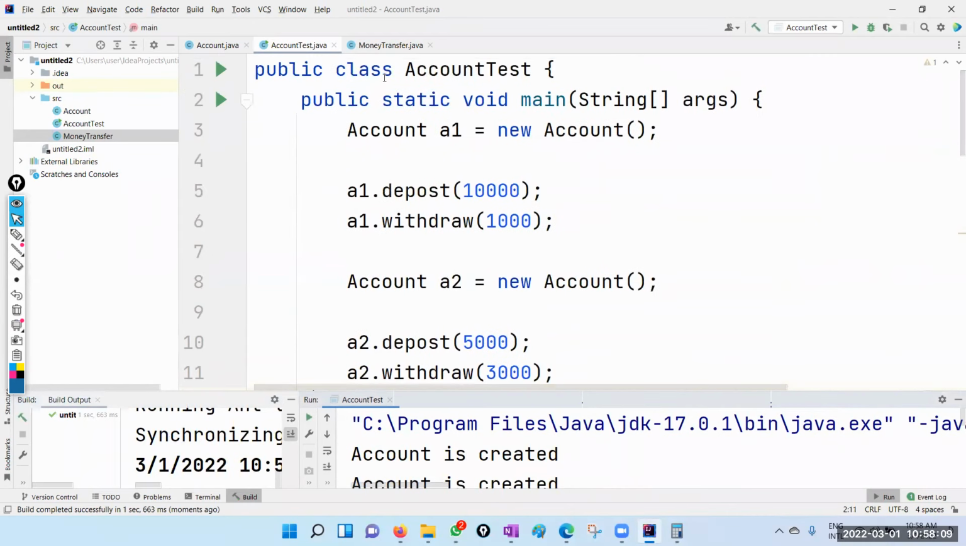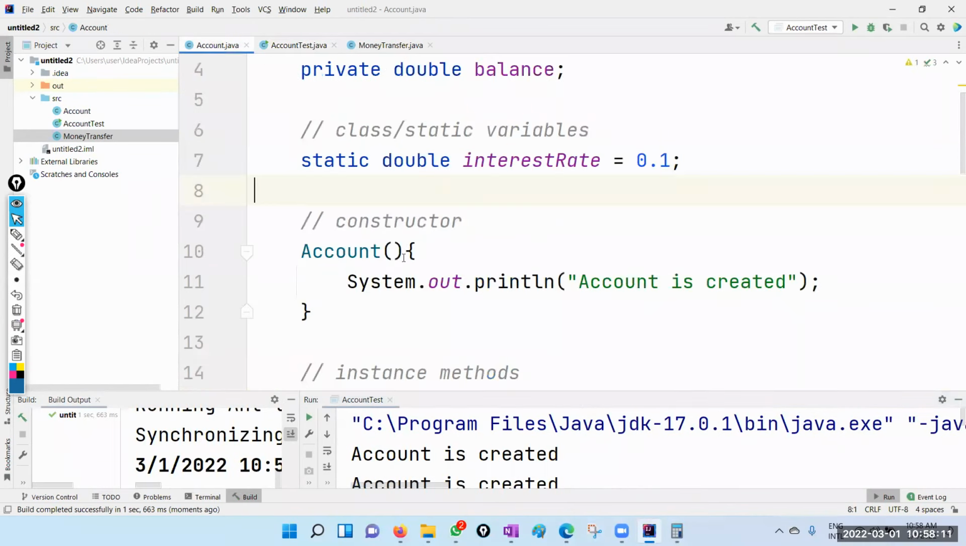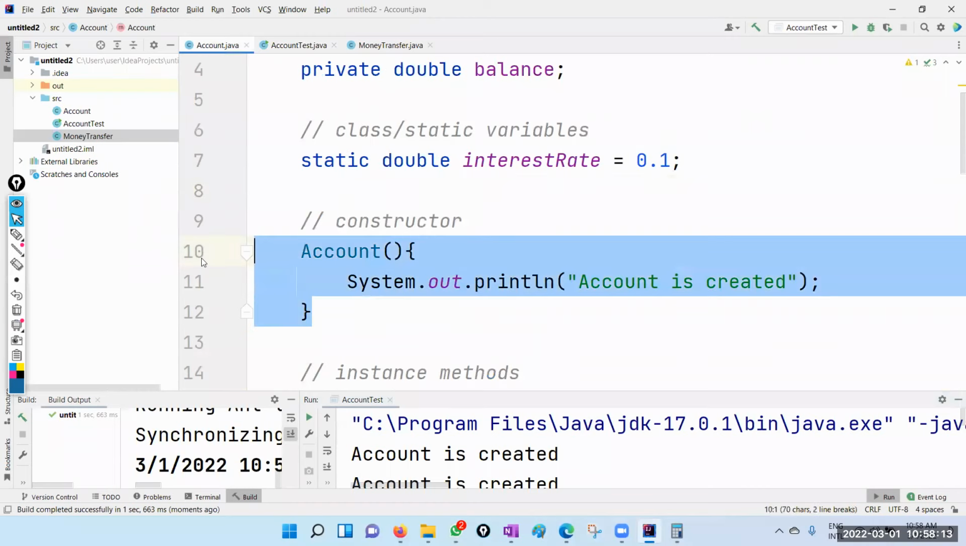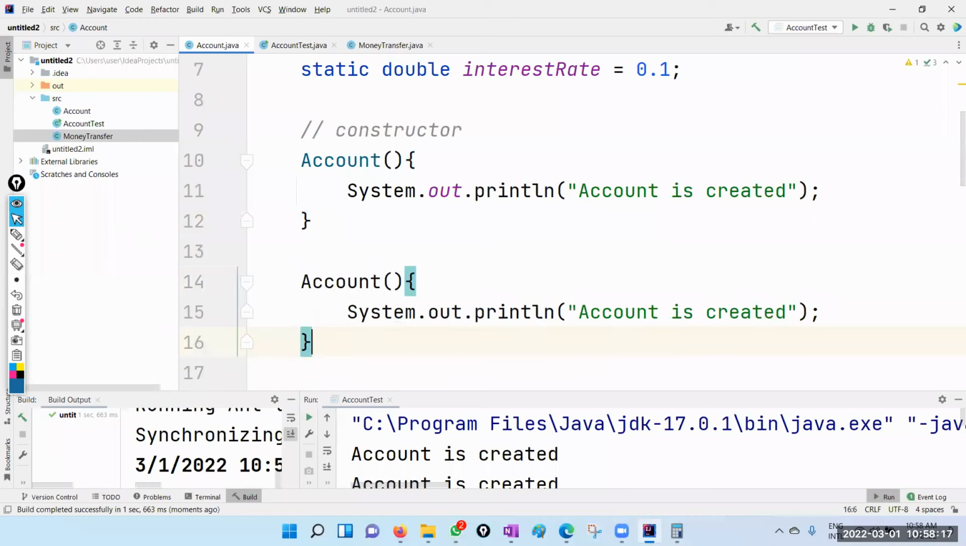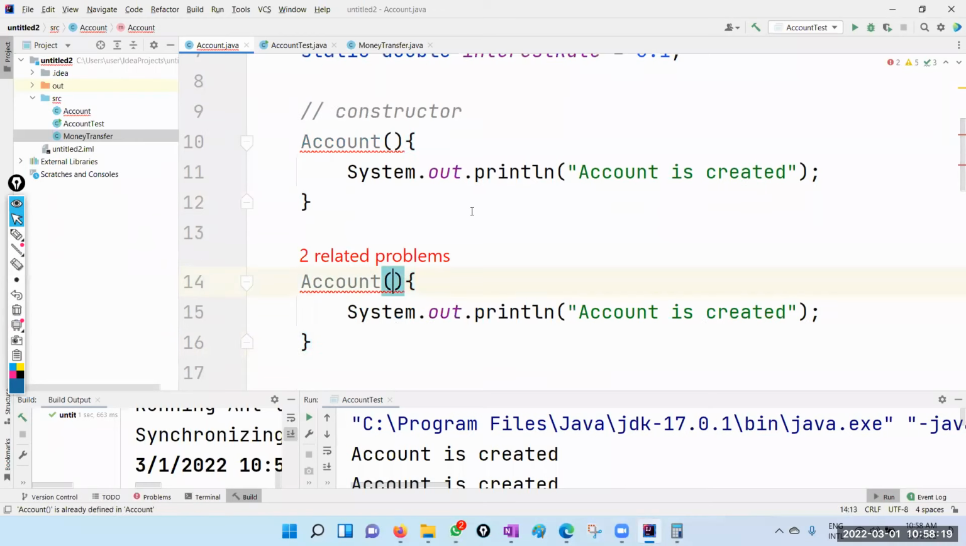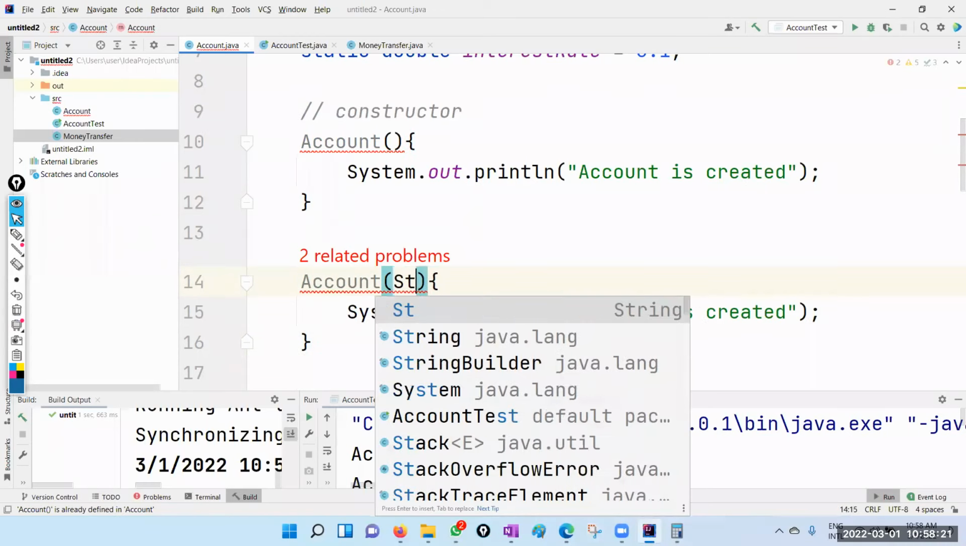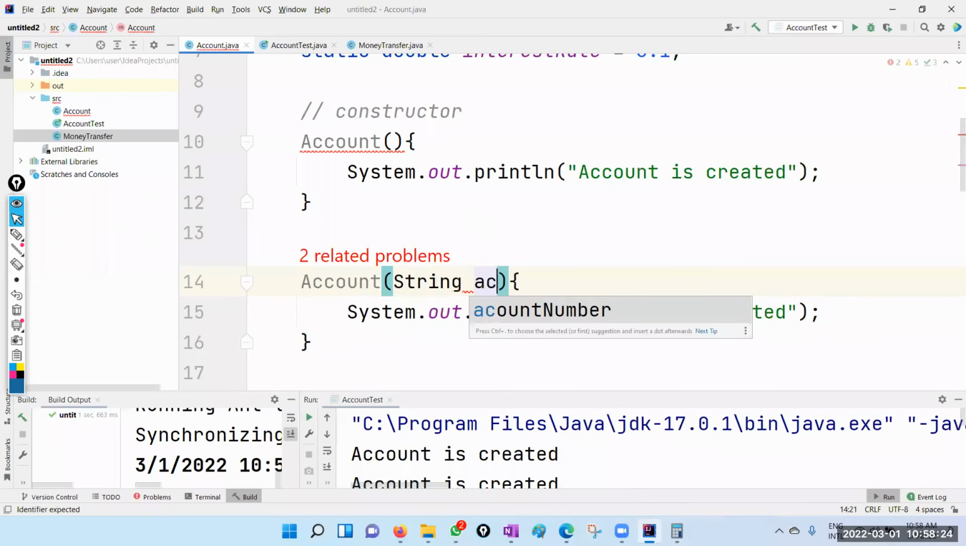So since we want to send the account number also, let's write an overloaded constructor. So that is called overloading. You can overload constructors, you can overload methods. So let's have an overloaded constructor. Let's say String, say account